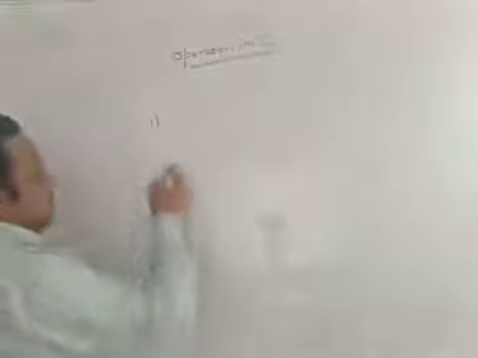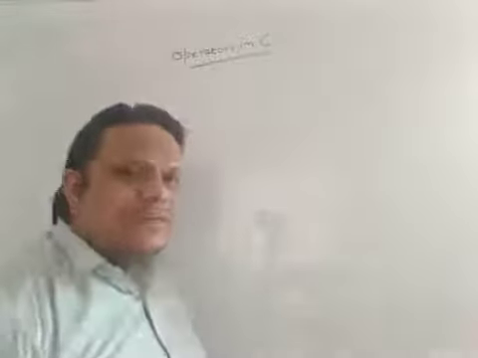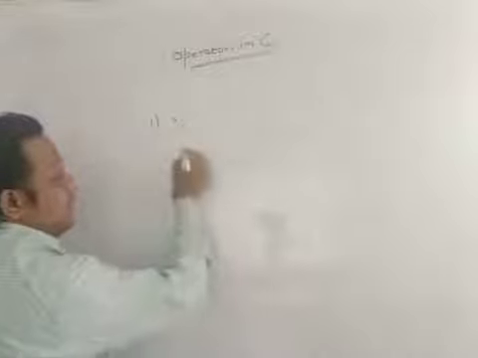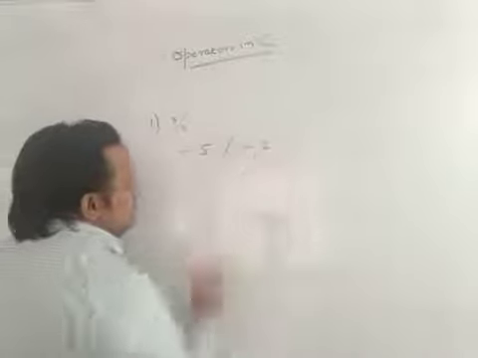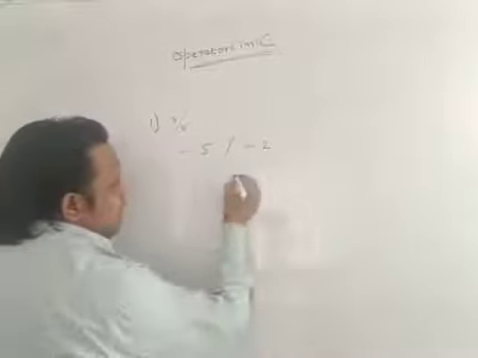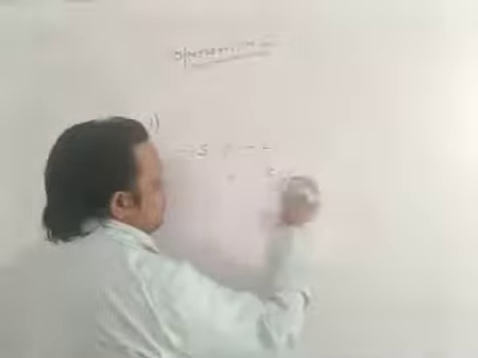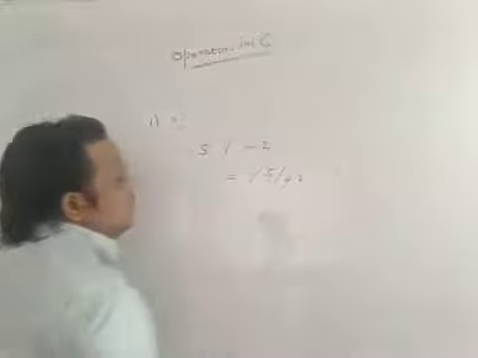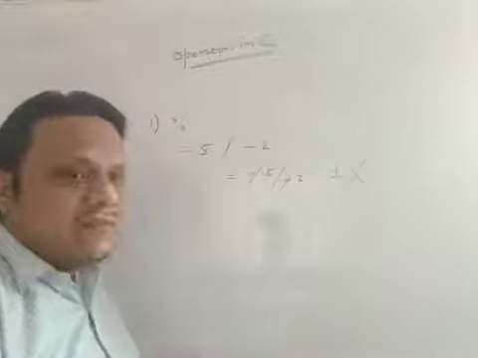That operator is your modulus operator. And what does modulus give? Modulus gives remainder. So simple. But if somebody asks you, what is the value of minus 5 modulus minus 2? What do you guys do? Normally, you do minus 5 divided by minus 2, minus cancels out, and the remainder is 1. But this is absolutely wrong, because modulus gives remainder, and this is not the way to calculate the remainder, right?